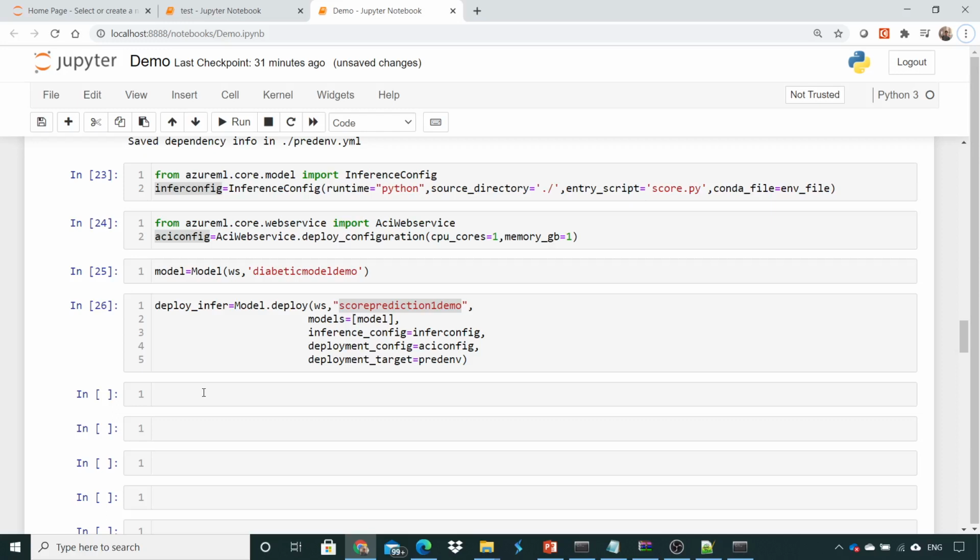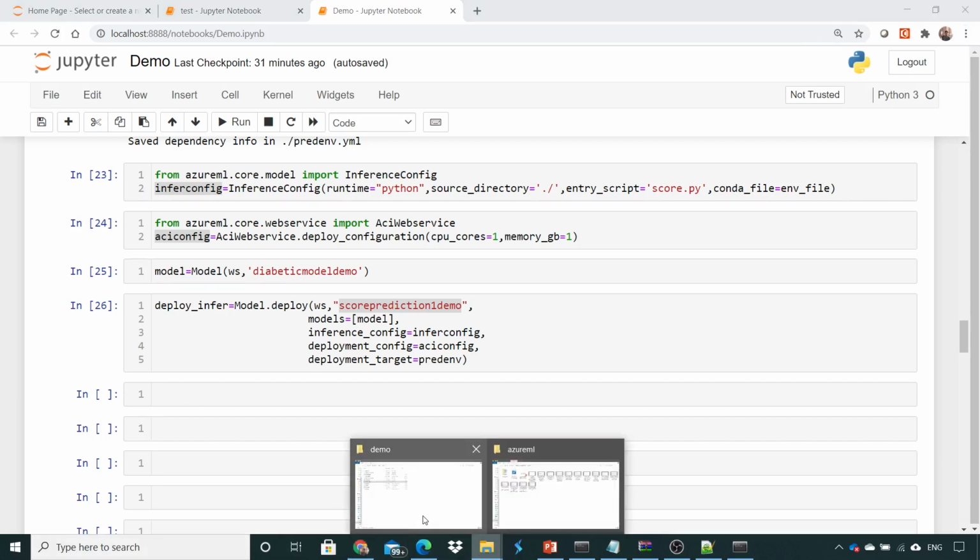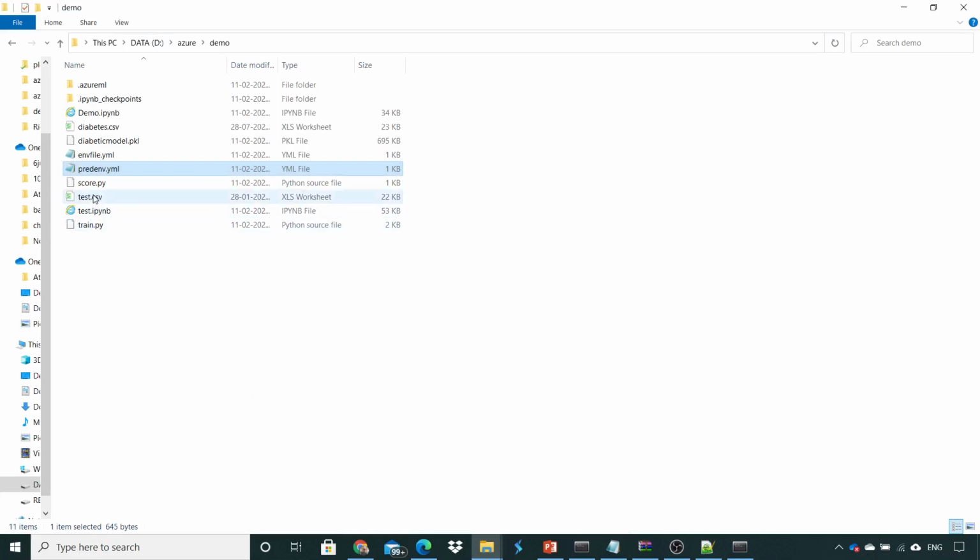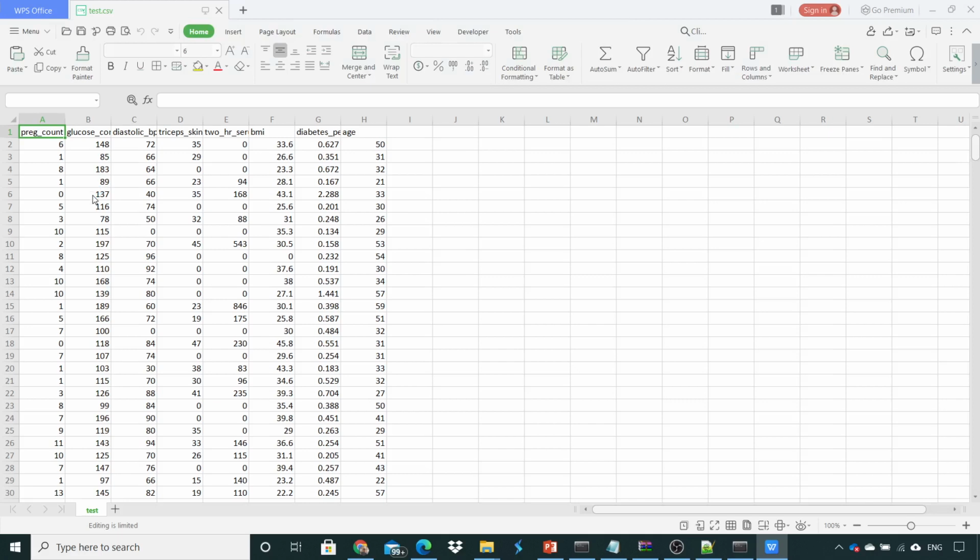In the last lecture, we saw how we deployed our model into an endpoint. Now this time we need to consume it, right? So first of all, we have created test.csv. If you look at this test.csv, it has the same columns. However, the target variable is not present. So we need to predict against each row what the prediction would be if the features are available like this, right? So now